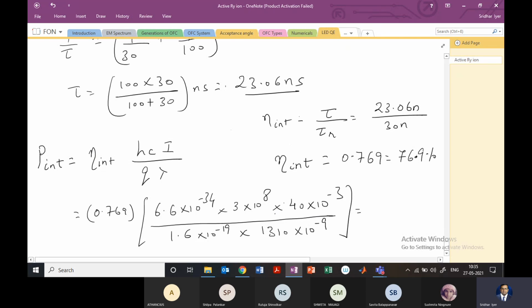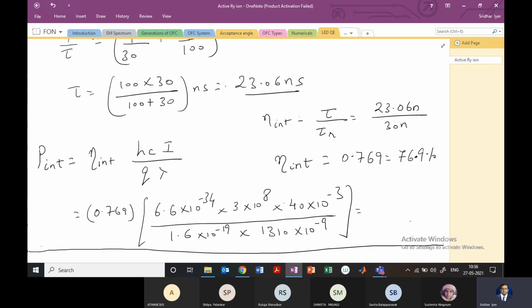So you can evaluate and see what answer you get. In general, when we deal with LEDs, your answers should always be in some milliwatt or microwatt, lesser than milliwatt. If you get watts, depending on the data, that's okay, but in practice, watts of power will not work. It will destroy the LED. So a kind of check is if you get milliwatt or microwatt.